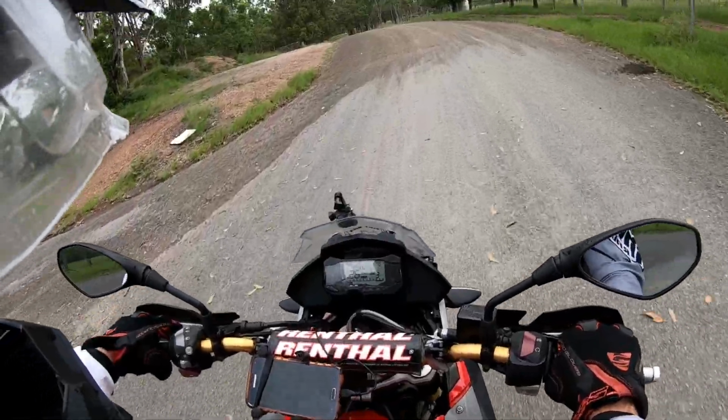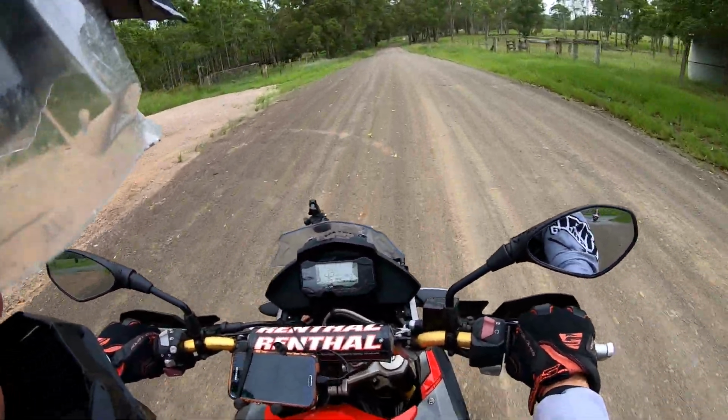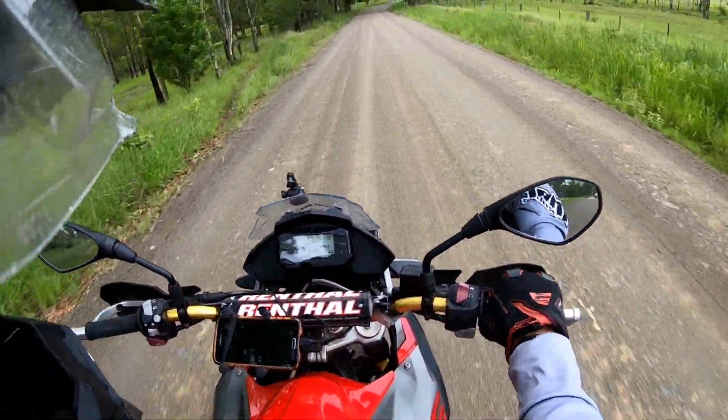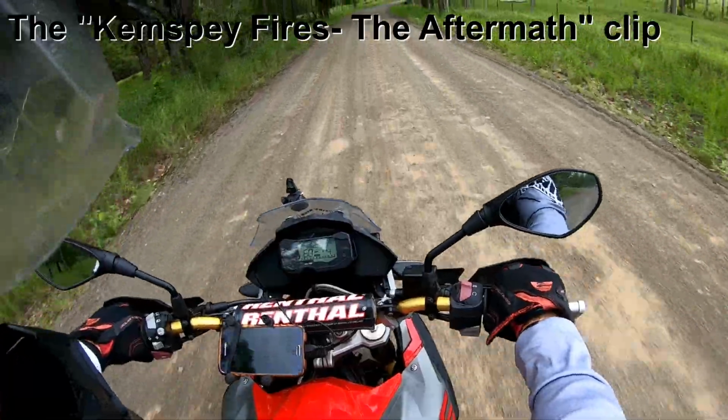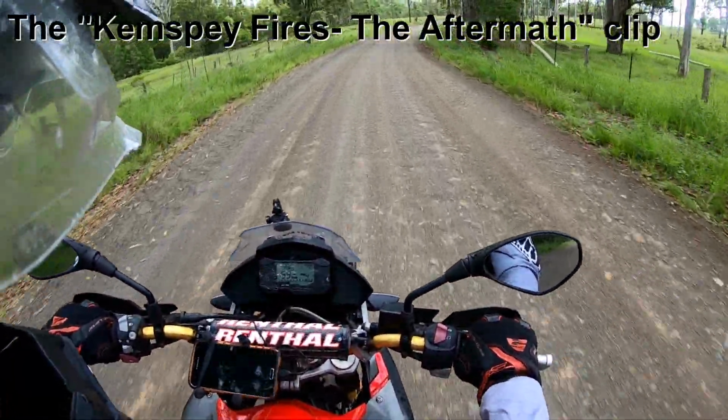So yeah, going to go up Willy Willy Road. Haven't been up here for say 5 weeks. And yeah, retrace those steps. Try and go across a couple of low bridges. I don't know if I can get across them yet, but